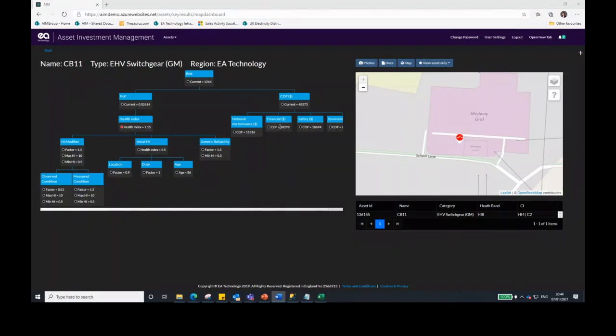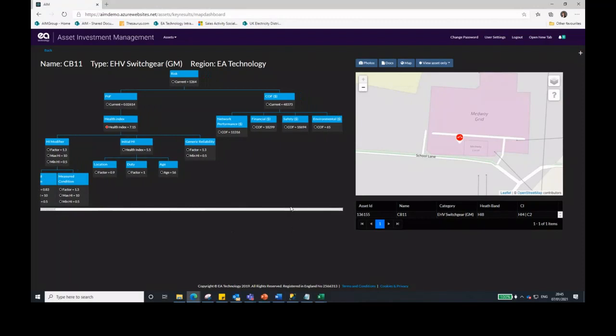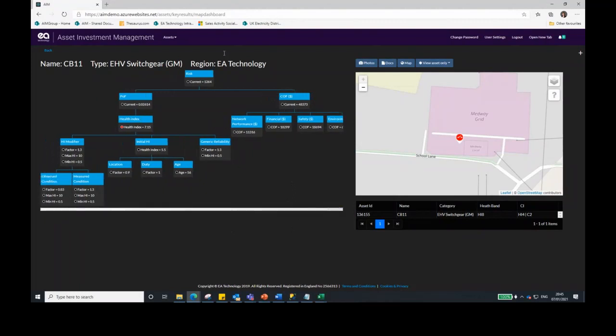that asset or to refurbish that asset if it's not a catastrophic failure. We've got safety consequences, which is the possibility of injuring somebody, and we also have environmental consequences as well. And they contribute to a total consequence of failure value, which we multiply together with the probability of failure to get our risk. So that's a sort of snapshot of how the models work, and most of the asset classes